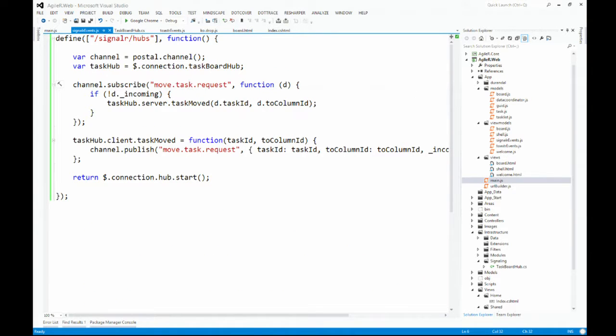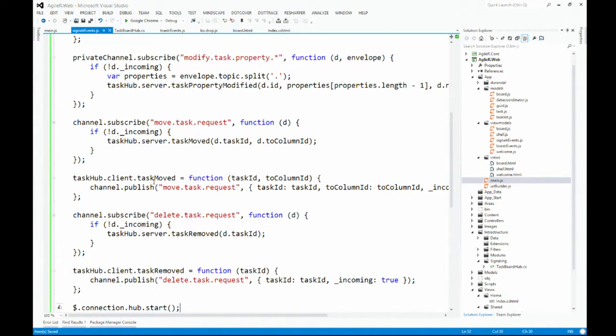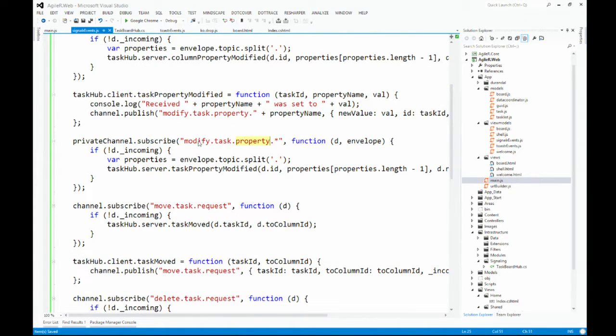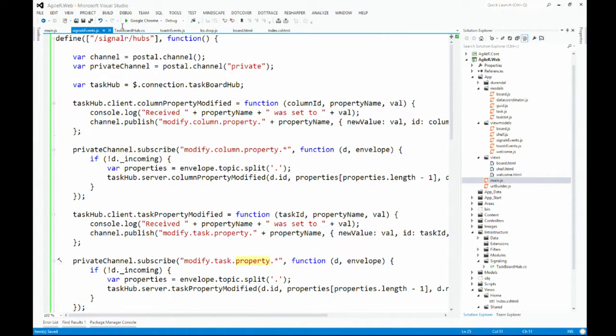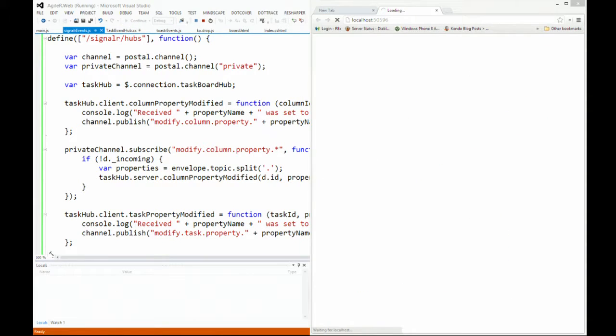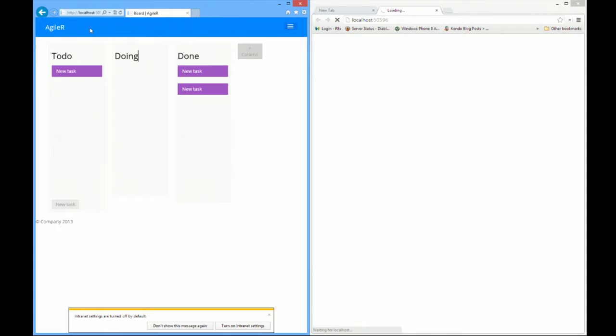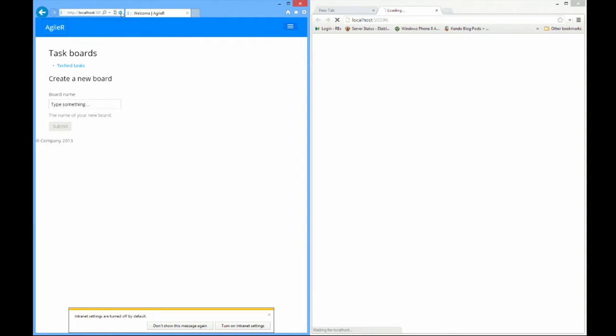Okay, so the same on the client-side hub, we just need to respond to those events on the client as well. It's just going to publish them straight into the client-side channel, and the appropriate delegate is going to fire and do that one action. So it keeps everything with a single responsibility. Okay, so we've got property modified events, and that little star character on the end there means that that guy is subscribing to anything that ends with a star.